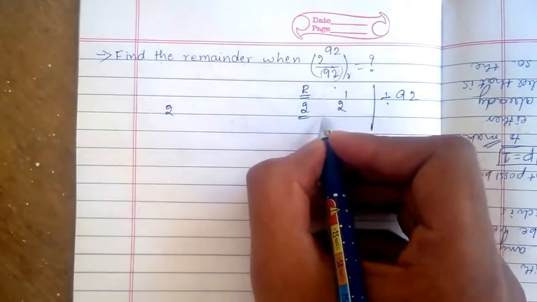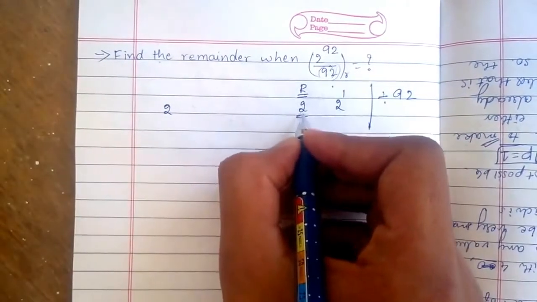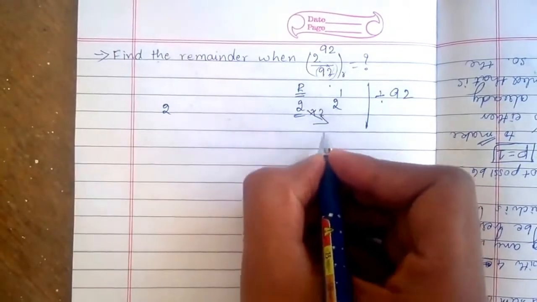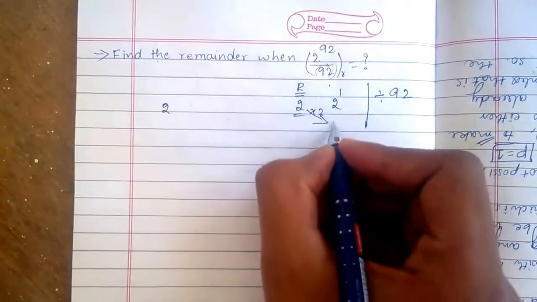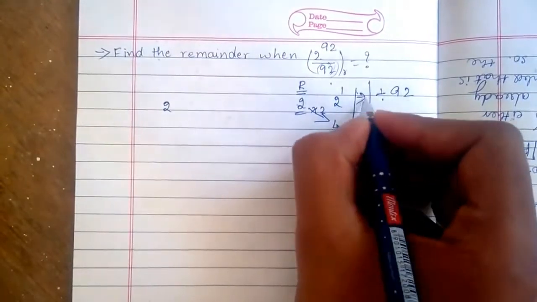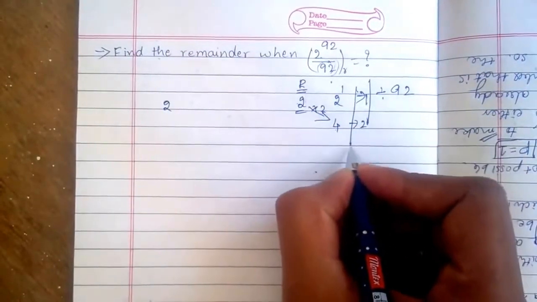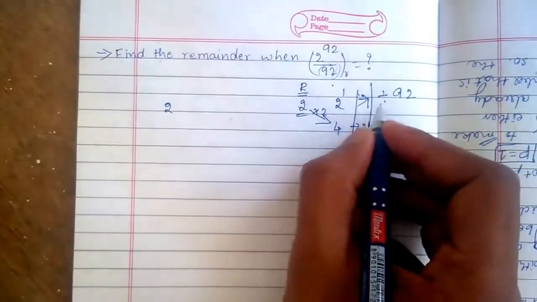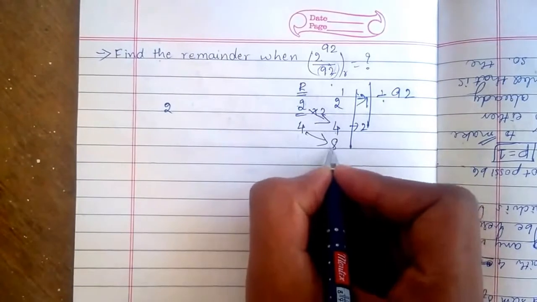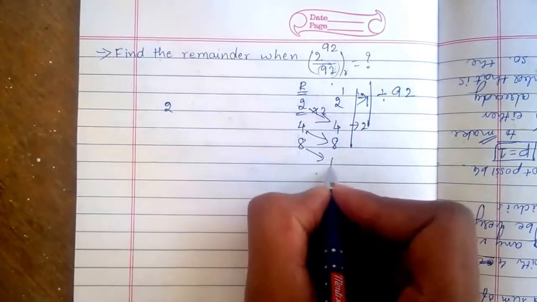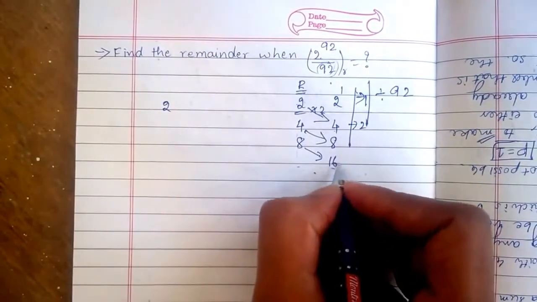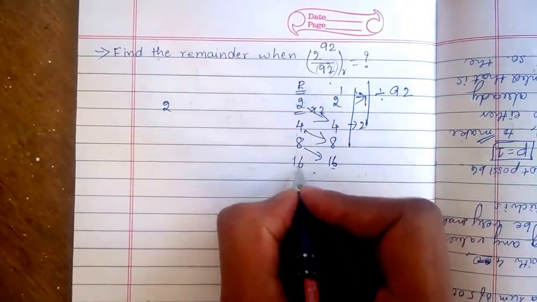Now the first power of 2 when divided by 92 gives a remainder 2 itself. Next, because we are taking the power of 2, just multiply the remainder by 2. 2 into 2 gives me 4, and this becomes the second power. Now 4 divided by 92 also gives me a remainder 4, then into 2 gives me 8, again a remainder 8, then 16. The number has to cross 92 to give you a different remainder. And 8 2s are 16, remainder 16,